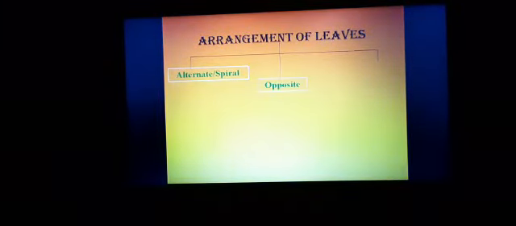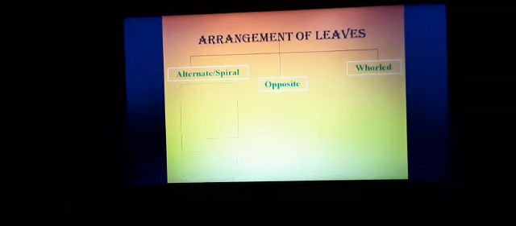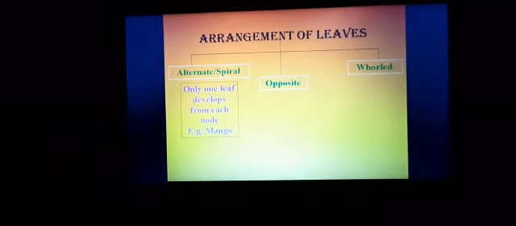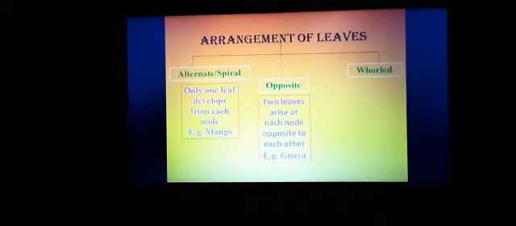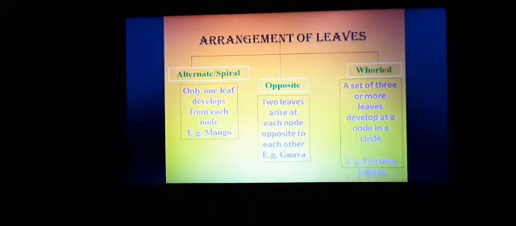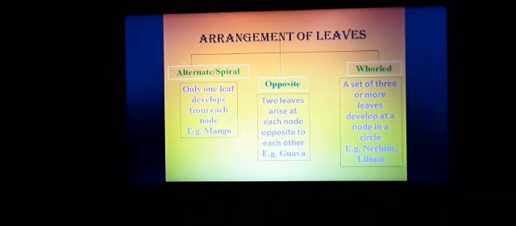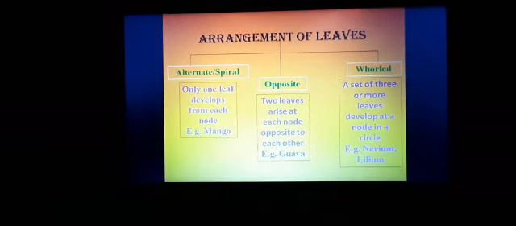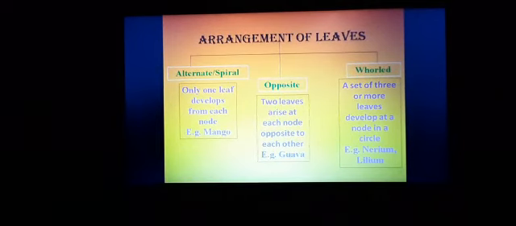So alternate or spiral arrangement is the arrangement where you will find only one leaf at each node, and this is observed in case of mango leaf,